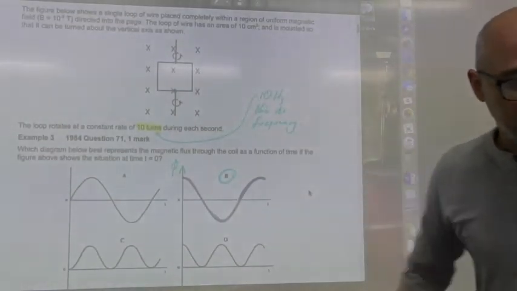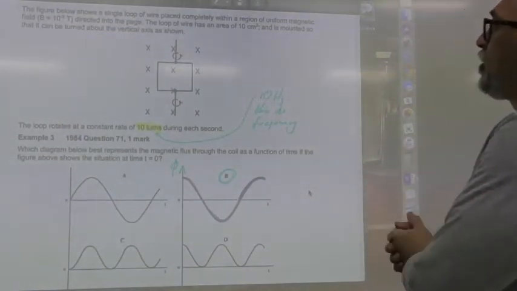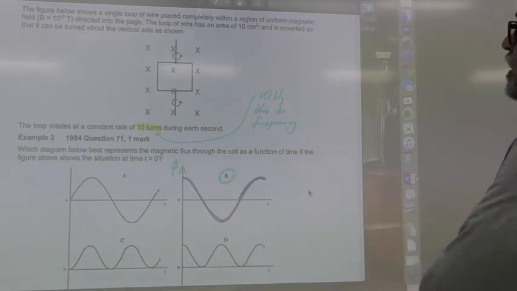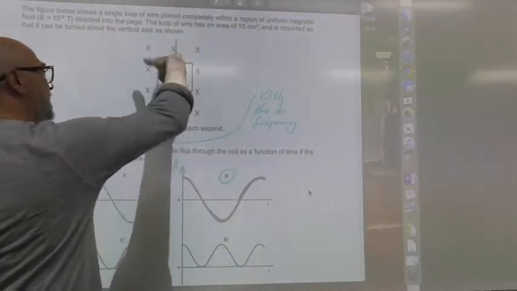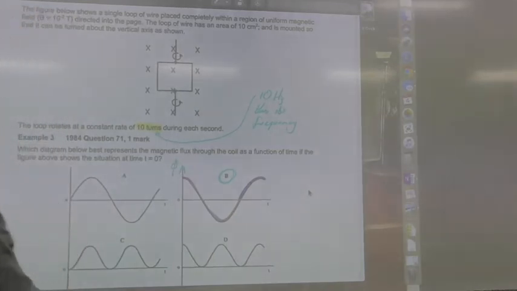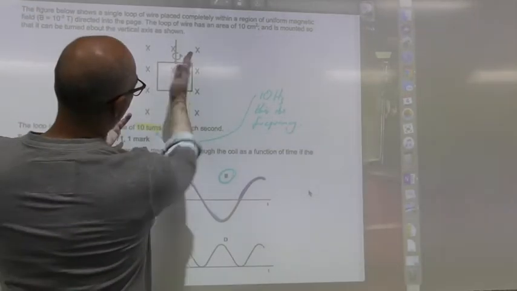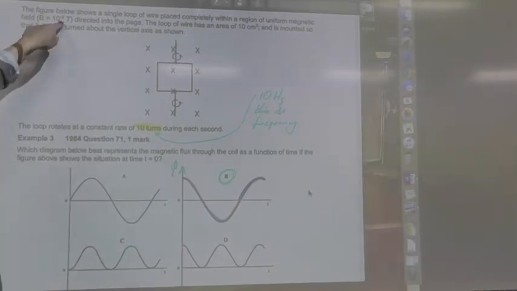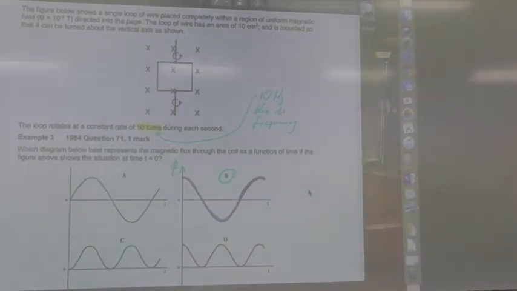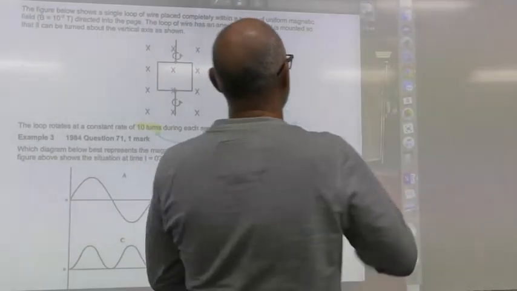Okay, now, in this next one, the figure below shows a single loop of wire placed completely within a region of uniform magnetic field. Full flux, magnetic field lines going into the page, that's why they're X's, and you can see which way we're going to turn this loop. All right? Okay. And they've given us a magnetic field strength in Tesla there. The loop of wire has an area of 10 square centimeters. Now, again, 10 square centimeters,